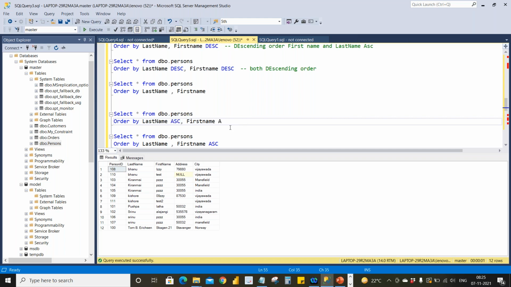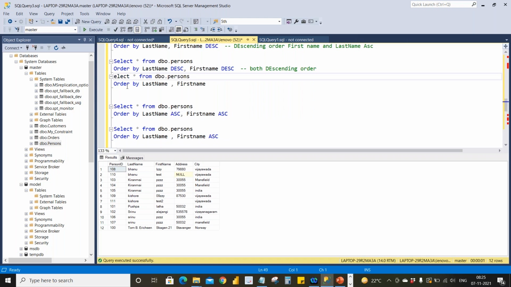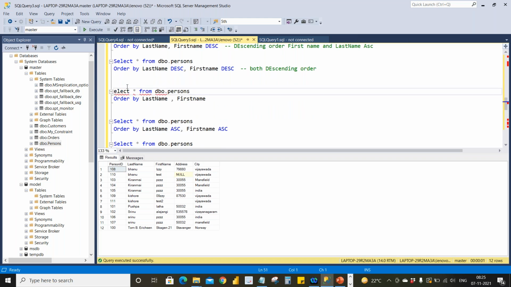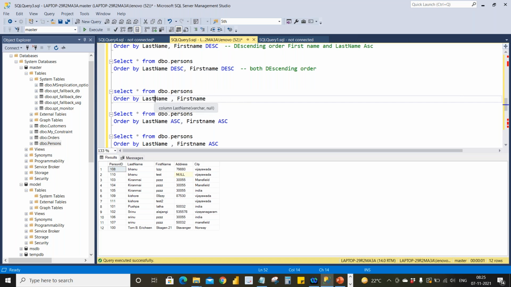All will retrieve the same results. So last name and first name both will be sorted in ascending order. If you mention it also, it will sort in ascending order. If you mention only for the last column also, it will sort in ascending order, because by default SQL will take order by as ascending order.